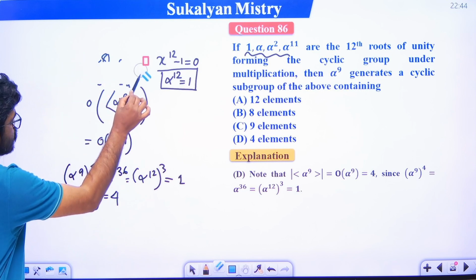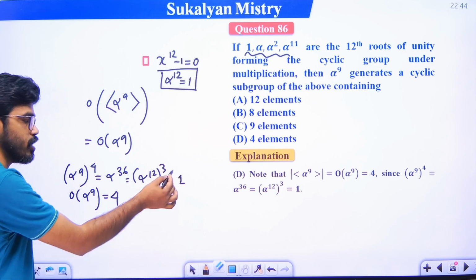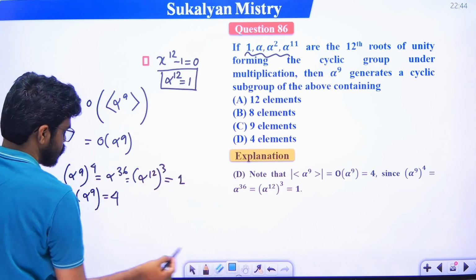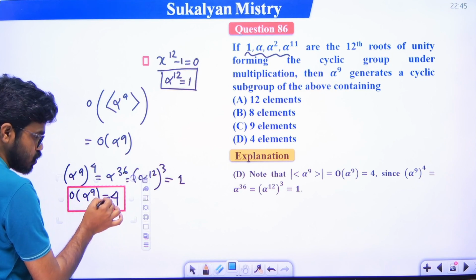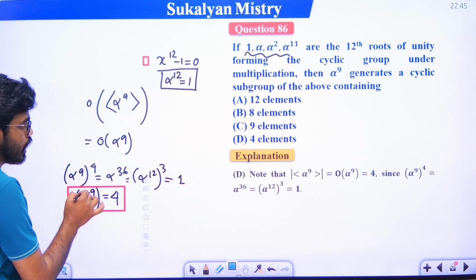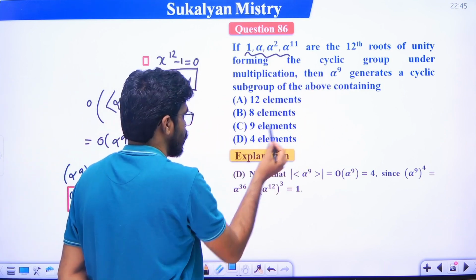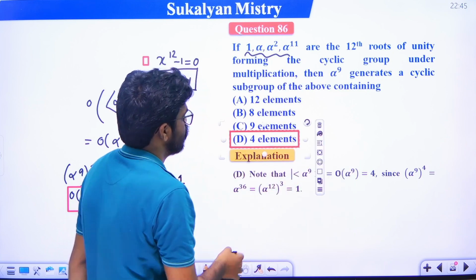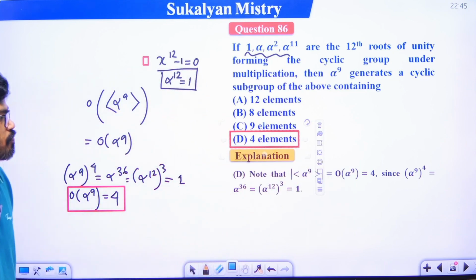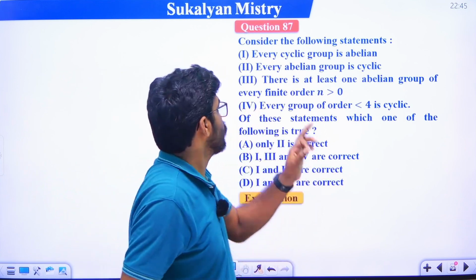Similarly, calculate alpha to the power 9 to the power 8; you will see you do not get 1. So the order of alpha to the power 9 is 4. That means alpha to the power 9 generates a cyclic subgroup containing 4 elements. Okay, so next problem: which of the following statements is true, every